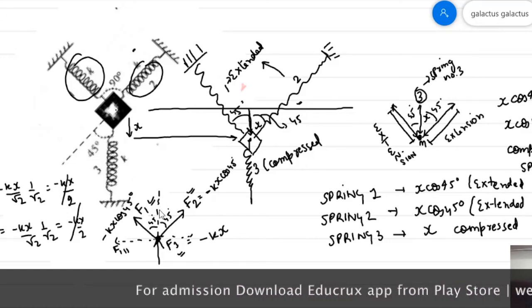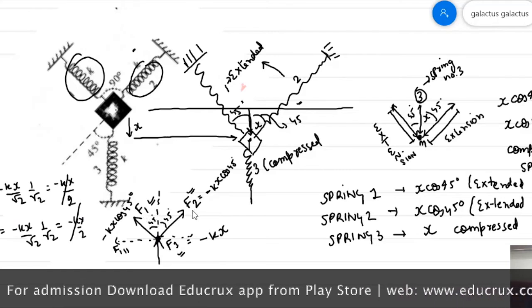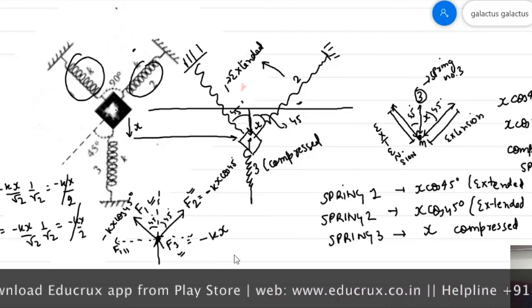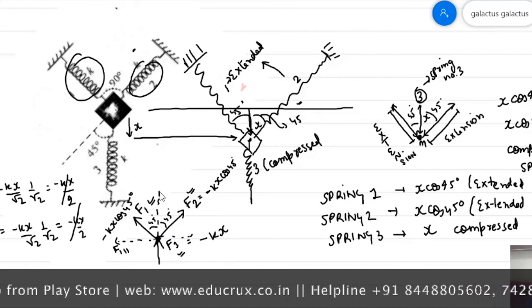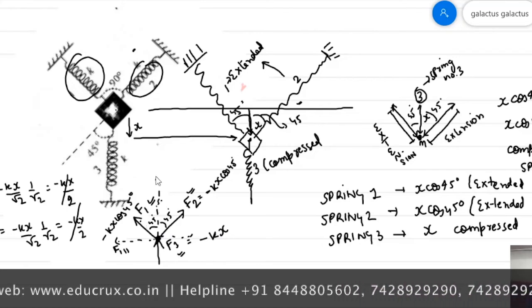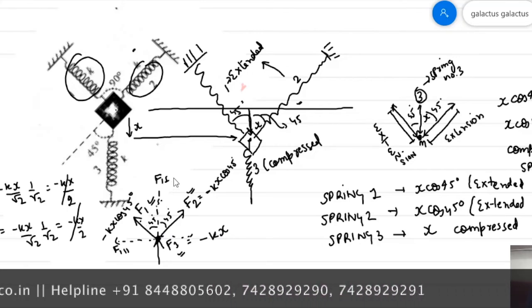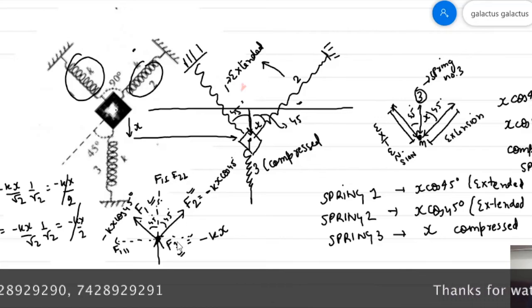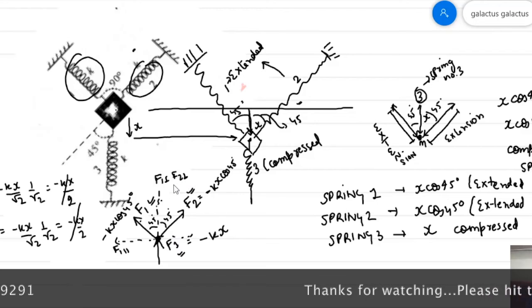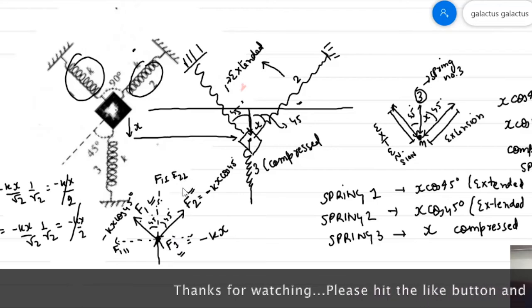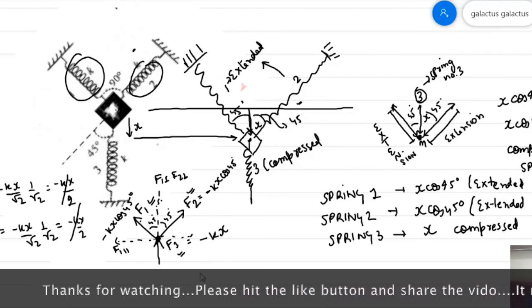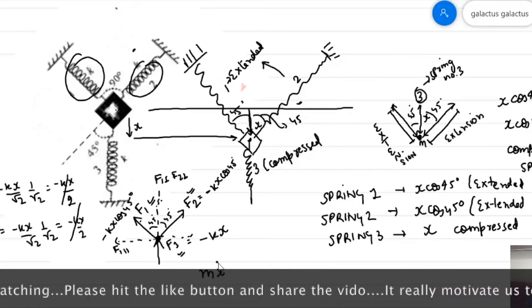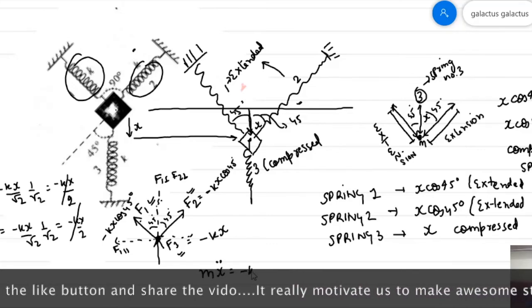Now we have to see the perpendicular components of F1 and F2, and the perpendicular components of these two forces will be in this direction. F1 perpendicular and F2 perpendicular will be in this direction. So F3, F1 perpendicular and F2 perpendicular have the same direction. So what I can do is write mx double dot is equal to minus kx